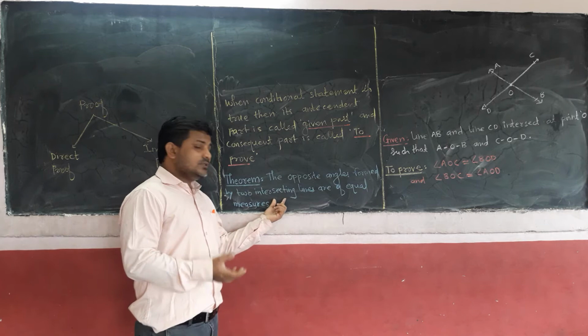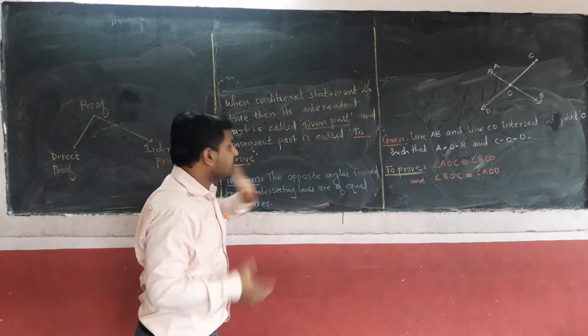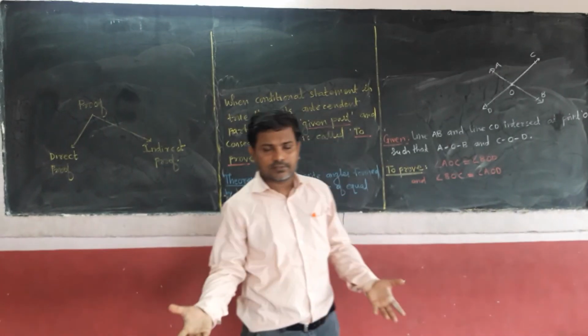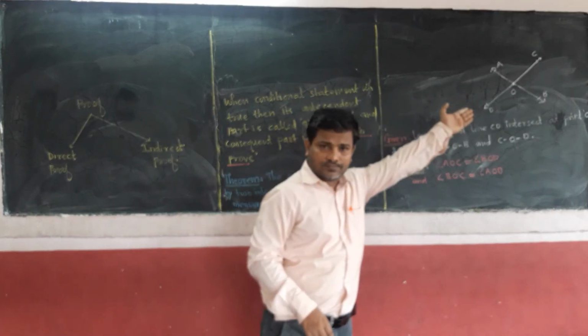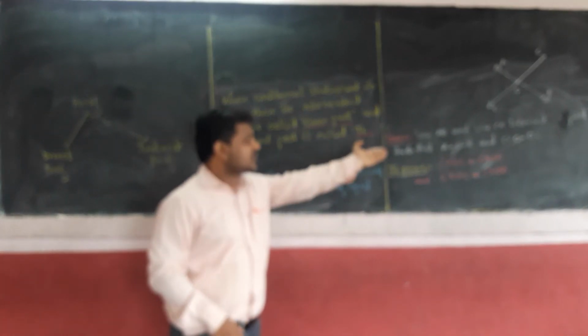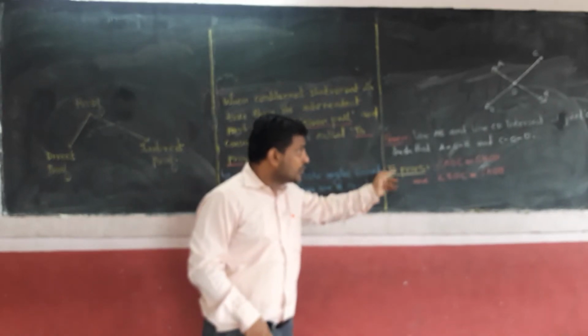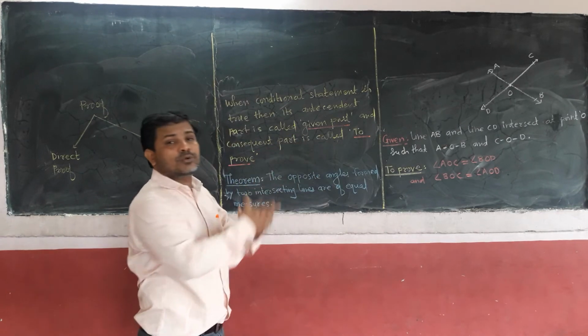Now in the exam, only the statement will be given to you. The statement will be given, nothing else is given. The rest of the things you are going to write. What are the things? First, with the help of the statement you have to draw the figure. With the help of the statement you have to write the given. With the help of the statement you are going to write the to prove, with the help of the figure. With the help of the statement, all the things we are going to write.